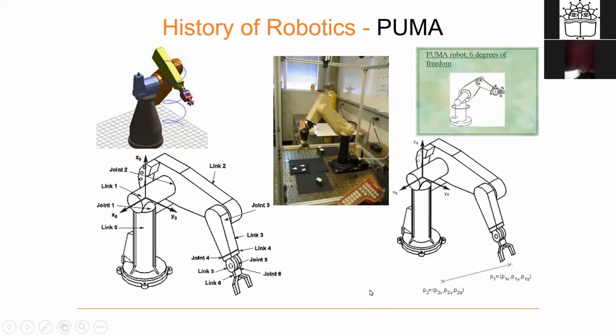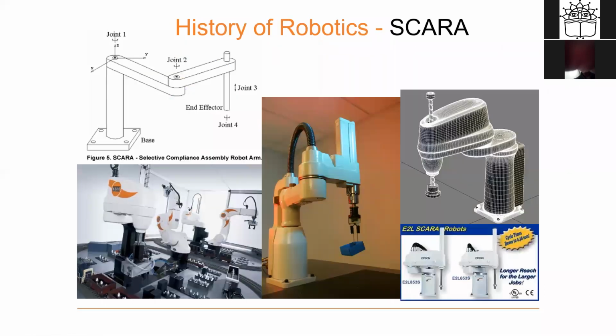So this robot is Puma and the second is SCARA, right? The base of SCARA is fixed. I have already told you what is joint 1, joint 2, joint 3. If you can see, joint 3 can move in an up and down direction. Joint 4 can move in an up and down direction, and at the same time it can rotate.